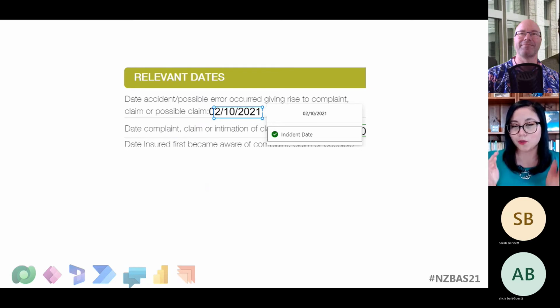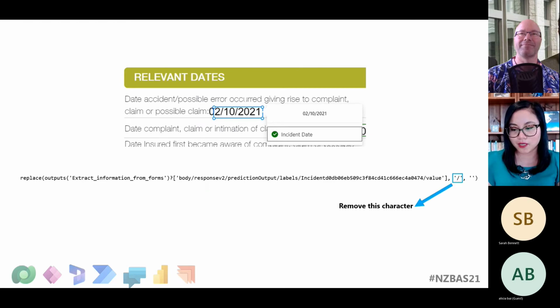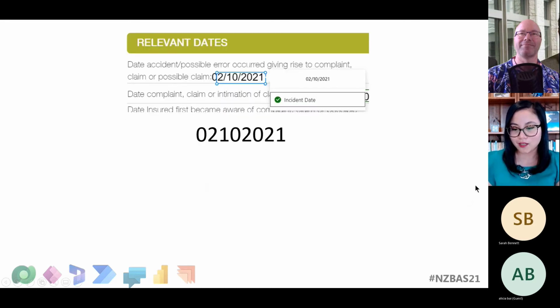The first one is we need to rearrange these values. So right now, my expression is, first of all, we're going to remove the brackets and replace them with no space character. So that's step one. Let's tidy it up. The next one is, this is what it's going to look like, this is what the flow is doing. Now, the next step that we need to do is arrange those numbers